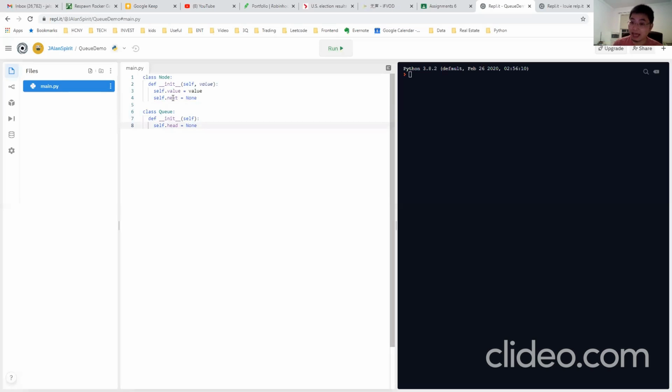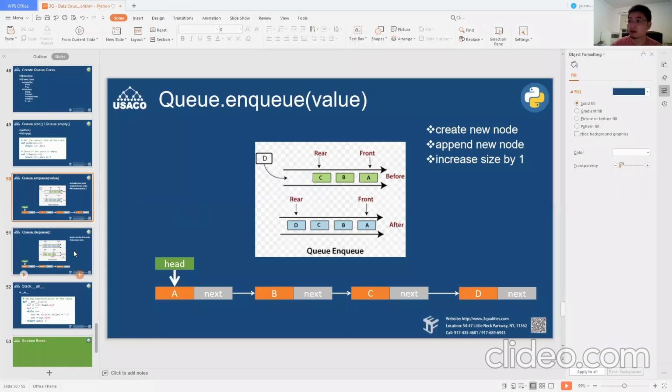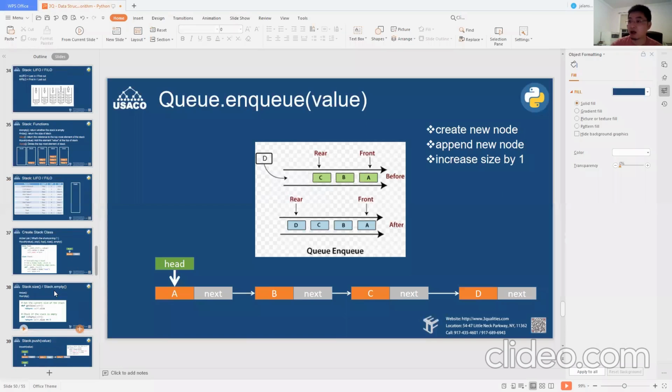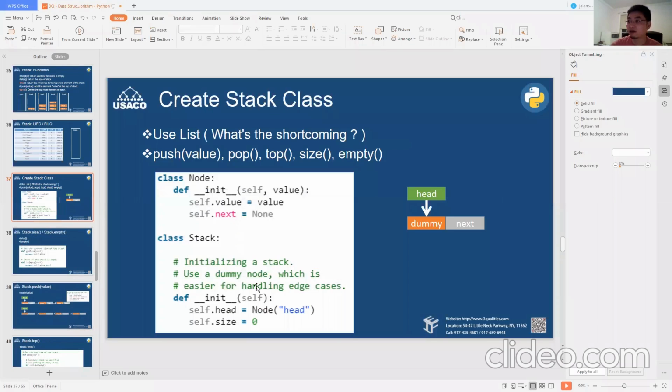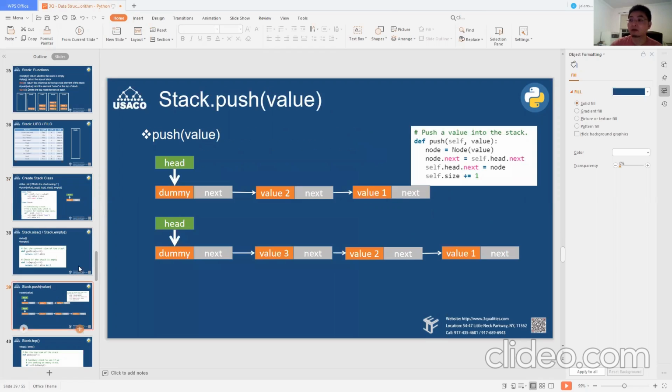When we talked about the stack, if you remember, we said we need a dummy head. The reason is that when we push a value into the stack, because of the first in, last out behavior, I have to hold the reference to the last one always.